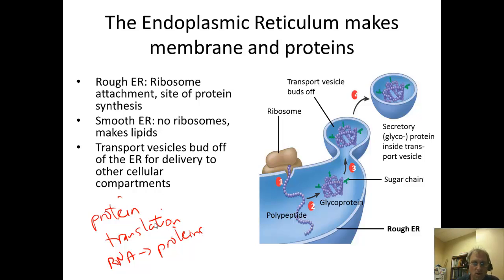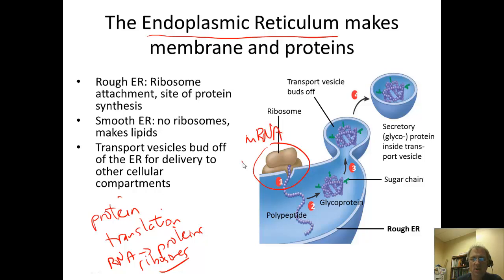That, of course, occurs with ribosomes, and these ribosomes will frequently associate with a membrane organelle in the eukaryotic cell called the endoplasmic reticulum. We can see a ribosome right here. A messenger RNA would associate with this ribosome, and a new protein would be made here in the interior of this endoplasmic reticulum. Protein synthesis is also going to occur outside of this endoplasmic reticulum, out in the cytoplasm, but